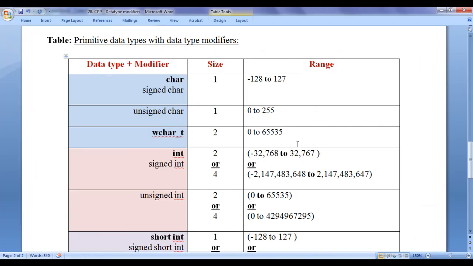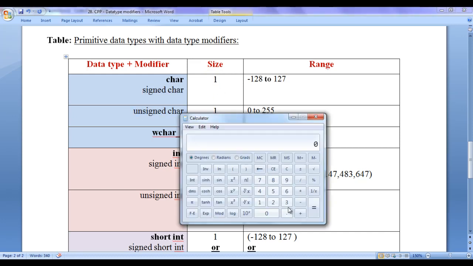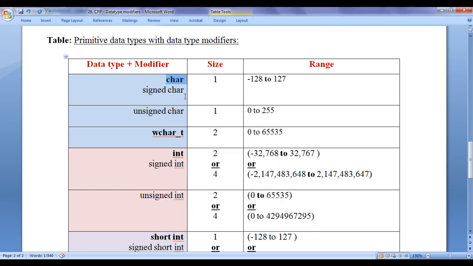As we want to find and display the range of each of these data types, we start with the char data type, guys. Char, signed char and unsigned char are of 1 byte in my computer system. 1 byte is equal to 8 bits. 2 raised to the power of 8 is equal to 256, guys. That means inside char, signed char and unsigned char type memory, we can store a total of 256 values.